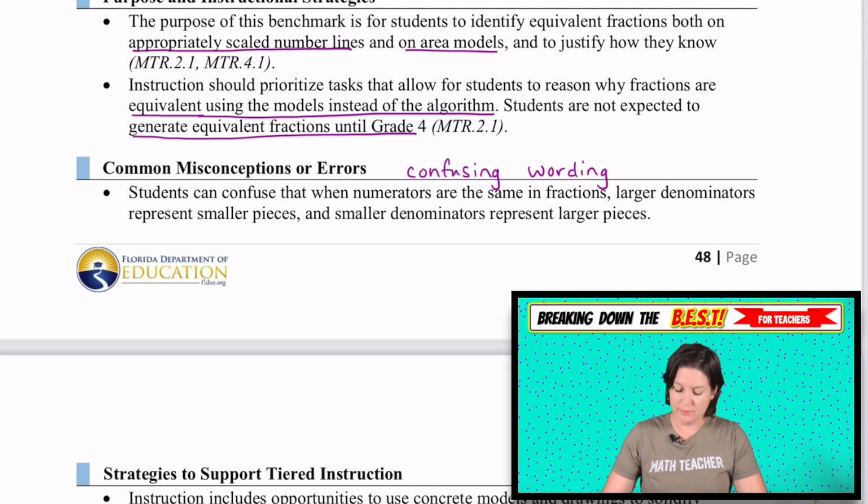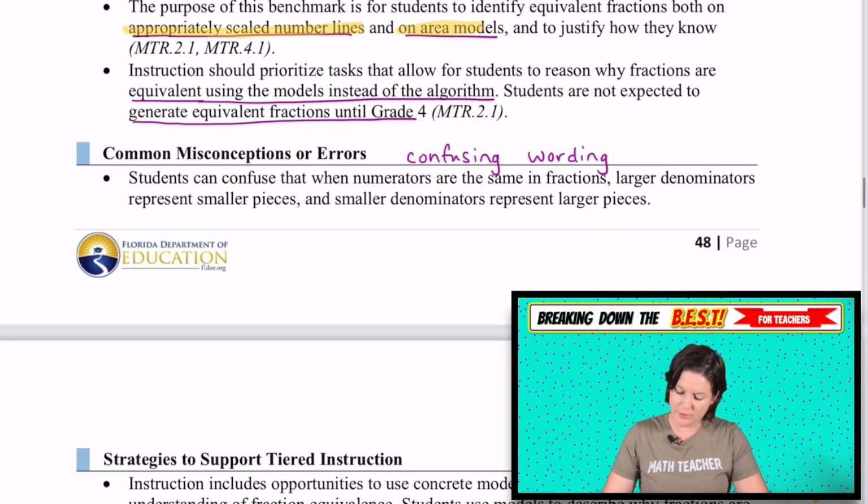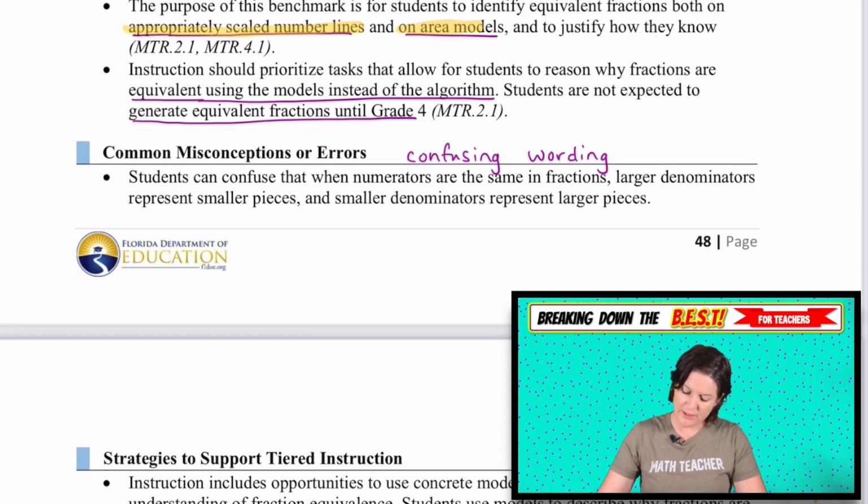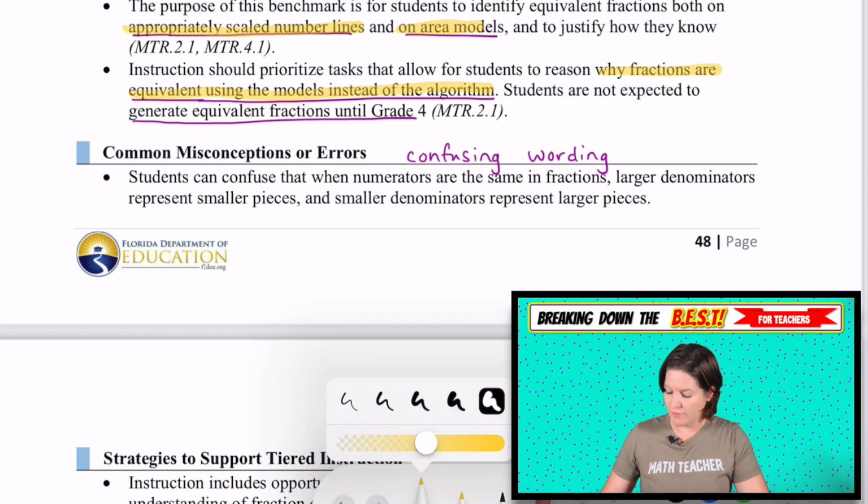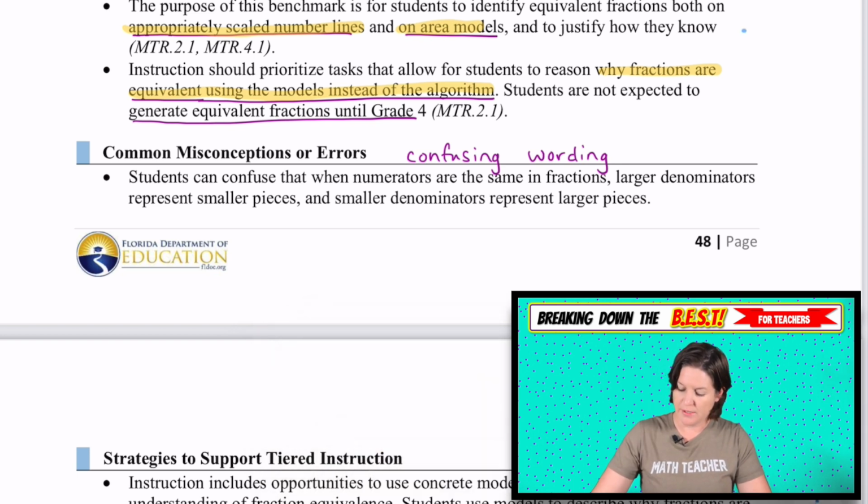Just some things that jumped out at me again were the appropriately scaled number lines and area models. And we want students to be able to reason why fractions are equivalent using the models and not algorithms. By algorithms, they might mean, for instance, this is more of a 4th grade thing. But if we're saying, okay, if we have